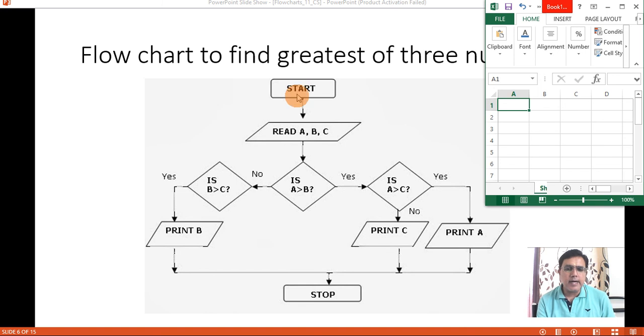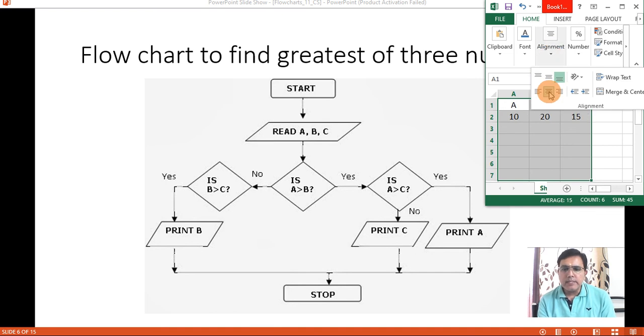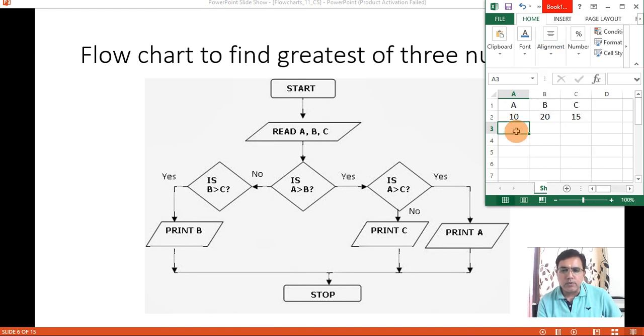In the ellipse you will write start, and then you have to read 3 numbers A, B and C. Okay, now let us write the execution trace also, right? Suppose here user enters value of A as 10, value of B as 20 and value of C as 15. Okay, we have these values where value of A, B and C, suppose user has given these values.